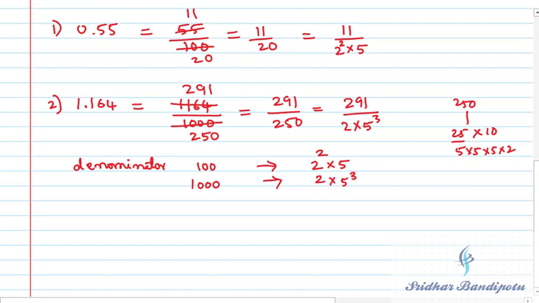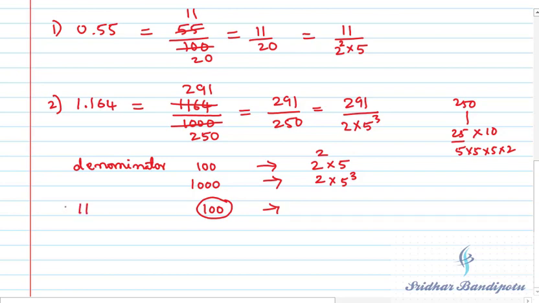Okay. So initially you got the denominators like 100, 1000, 10,000, so on. If there is any possibility of cancellation, then it is converted into some factors here. Which factors you can see? 2 and 5 only. See the factors, only 2 and 5 will be there. For example, if it is not cancelled, you got the answer only 100. You got the denominator 100 only, if you don't cancel it.